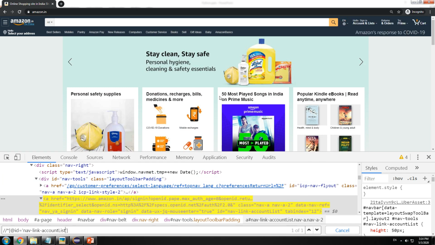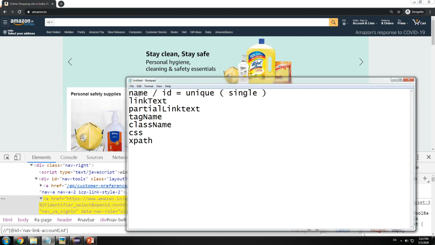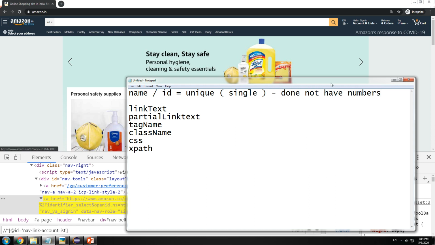So you can go ahead and check any website of your choice. It need not be Amazon, it can be anything. And if you find an element having an ID or an element having a name, it's usually unique. So step 1, if you have an element with a name and ID, just go for it, don't think about it. Unless they contain numbers, etc., then maybe the development has not been done properly or it's being generated dynamically. So if it does not have numbers, just go for it. Use the name or the ID to identify the element.